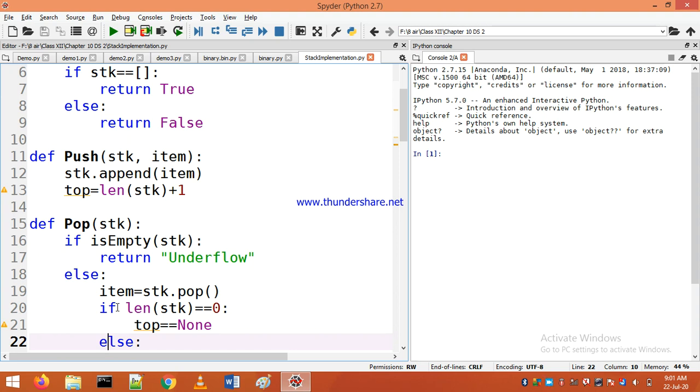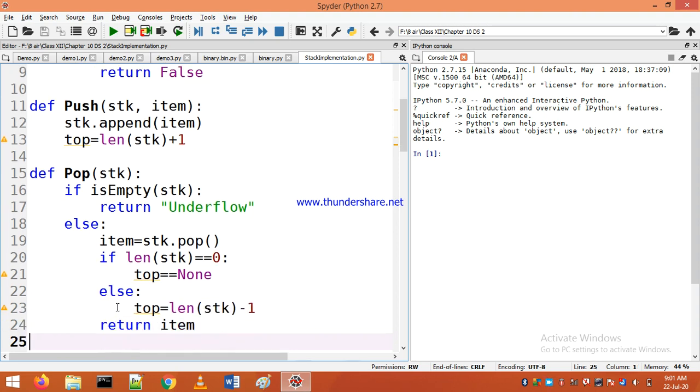Okay, else it will decrease the position of the top by 1 because we are going to delete one item from the stack. So top equal to length of stack minus 1 means it will delete the one item and decrease the top value by 1. Now return item. Return item is used to print the deleted item. Okay.